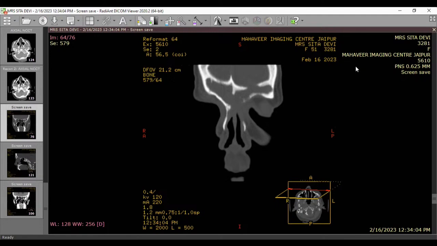But no history of CSF leak or anything. Nothing. This is non-invasive disease. It can give expansile bone erosions, can give neosteogenesis, bone resorptions. Bone resorption is due to